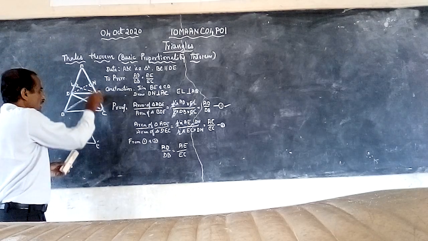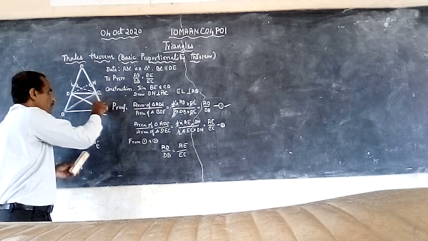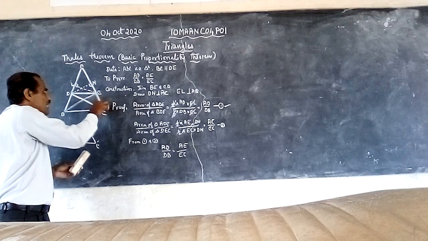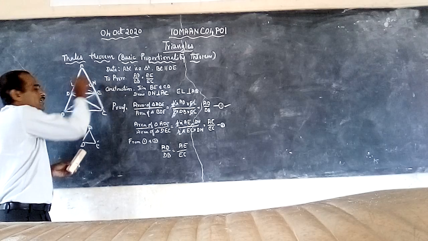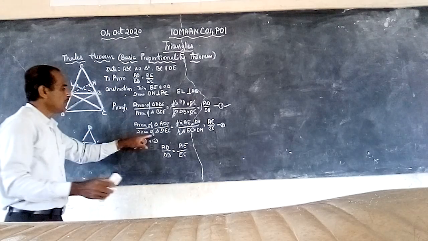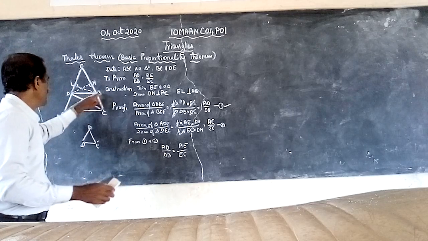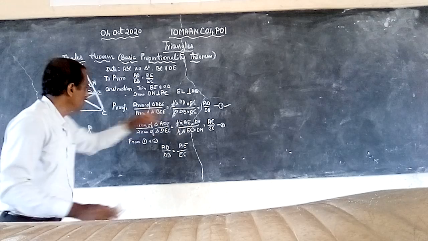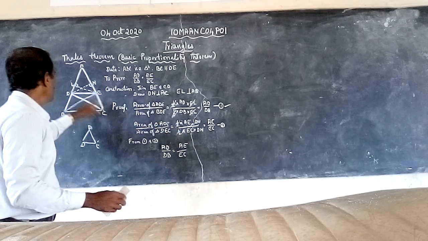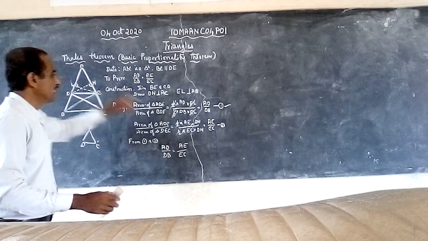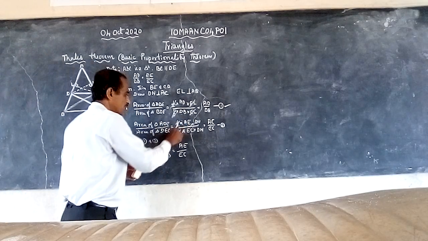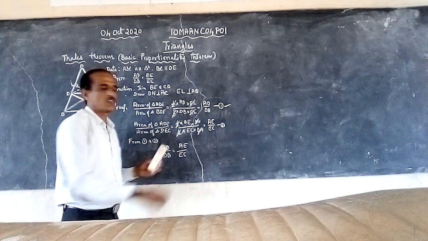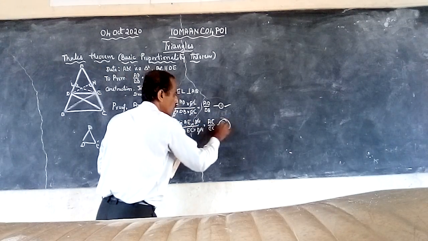Then what happens in this triangle? Let us take this one as a base. Now in this triangle, if you take EC as a base, here this is a perpendicular height too. Therefore, area of the triangle DEC is equal to half into base EC into perpendicular height, or height DN. Here the half gets cancelled. Here DN gets cancelled. What is remaining? AE by EC. So let us take this one as equation 2. Okay.